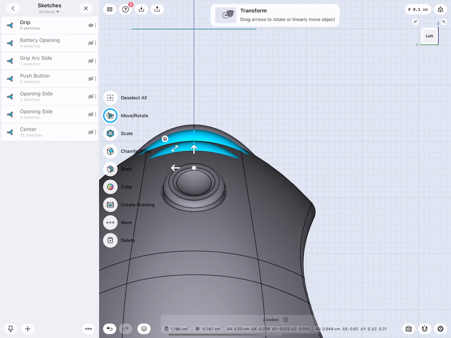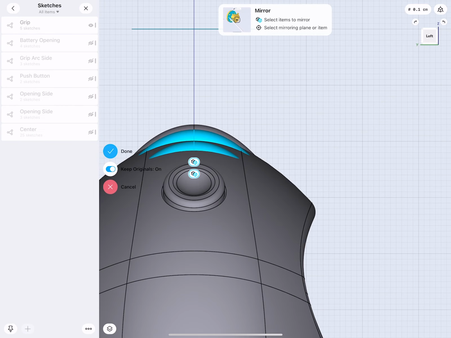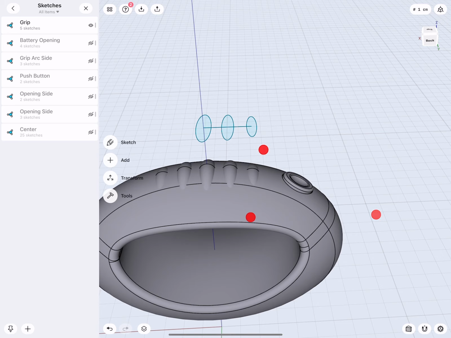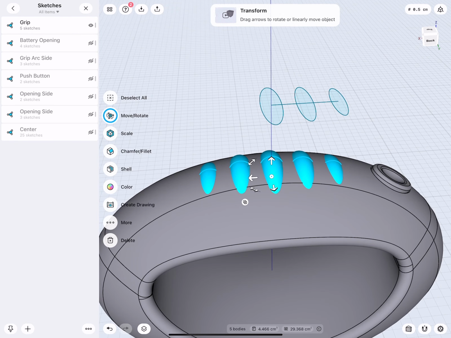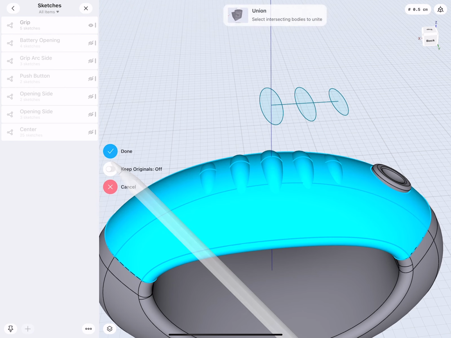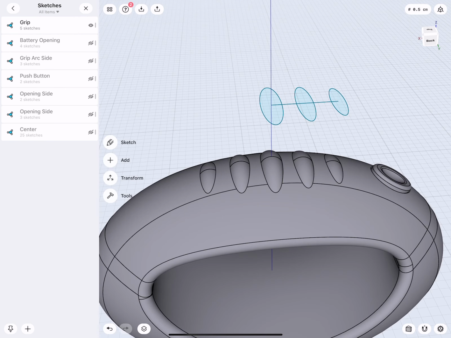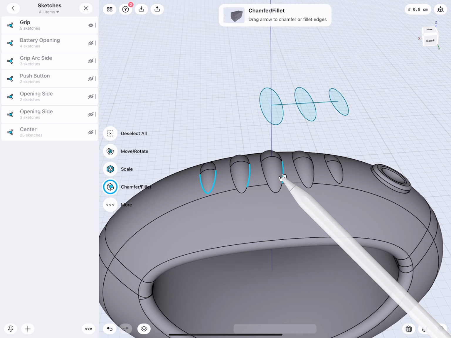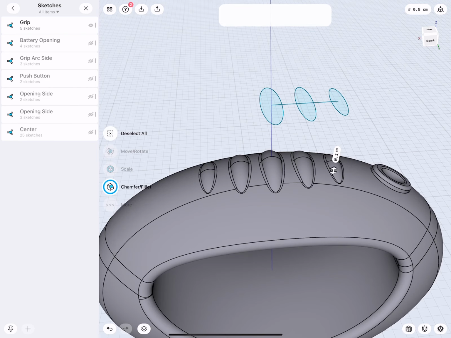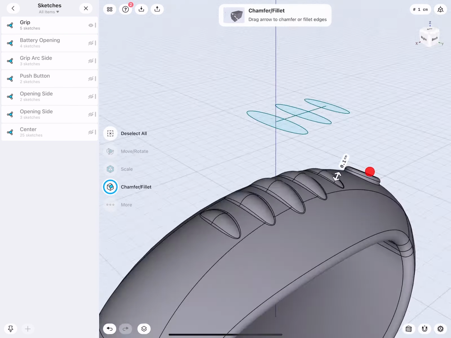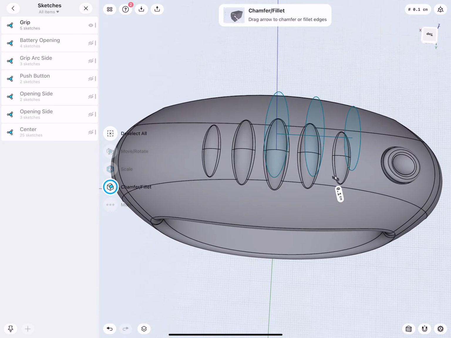Also here, this is symmetrical. Select both. Front view, mirror, tap on the screen, done. And there we are. And then we could copy those into a new folder and store them for reference. In our case, we will fuse them right onto it. And select each one edge, one millimeter, so 0.1 centimeter. Very good.